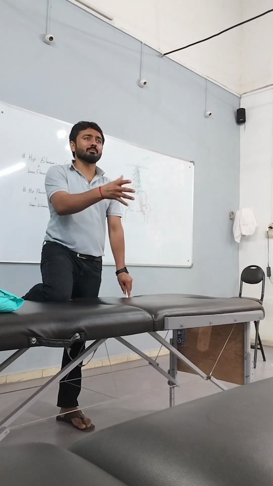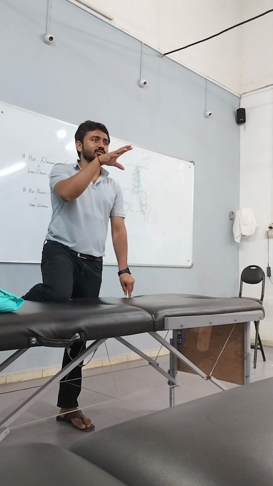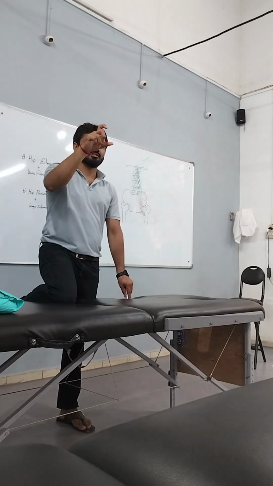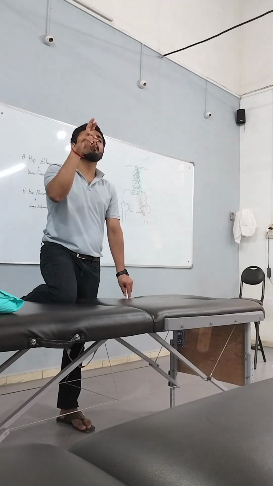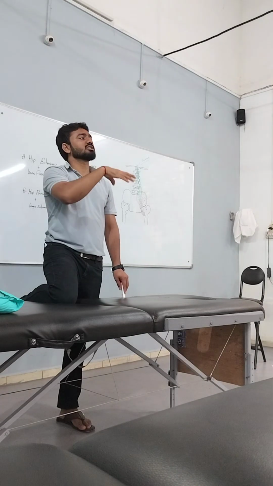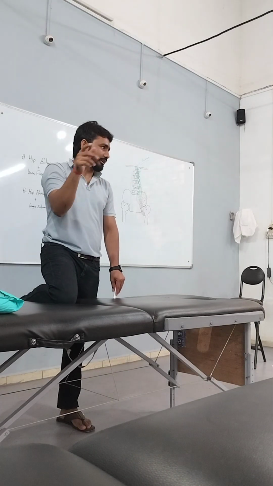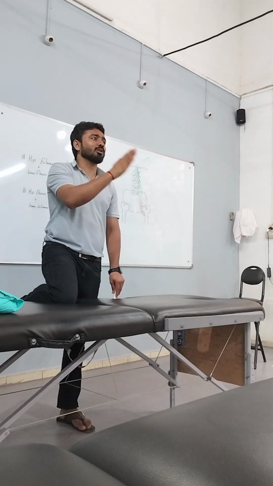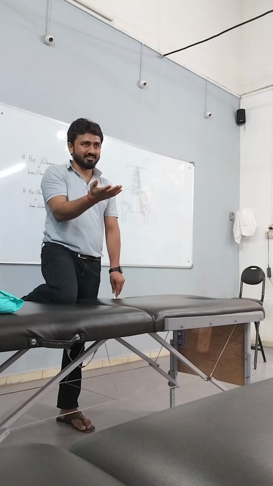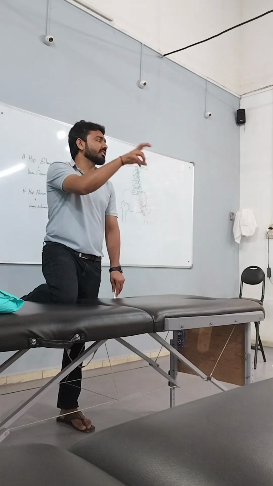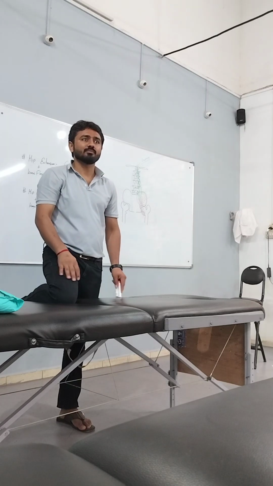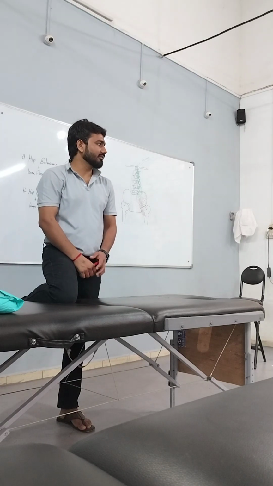Okay. In the cervical we have 7, and in thoracic we have 12. In some MRIs they mention dorsal vertebrae D8, D9. Dorsal and thoracic are the same. Latin and Greek, different languages they are using. And in the lumbar, 5. And sacral, 5, and